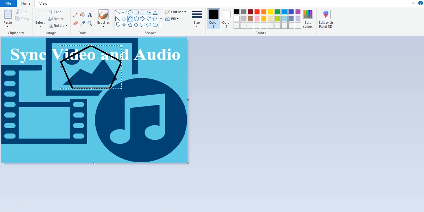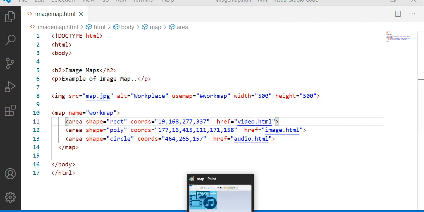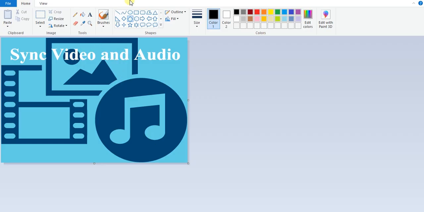Take that value into the coords attribute, then you will get your shape. For poly, n number of coordinate values you can display. For a circle, draw a circle. For this, you can place the double headed arrow at a certain position, for example, top and center. Each and every shape has some formula to calculate these coordinates. You can find it in Google and insert your shape according to your need.